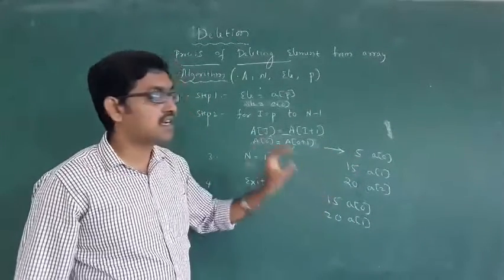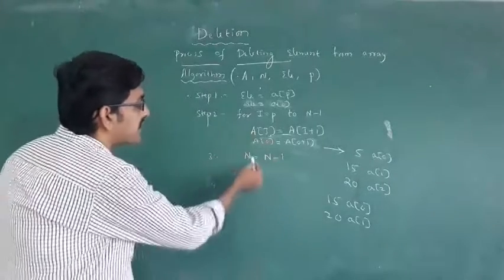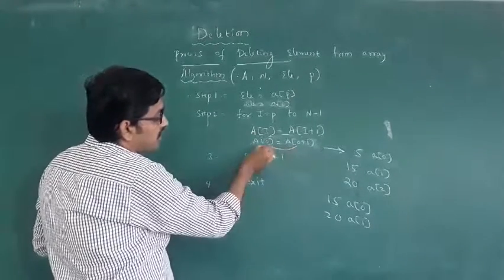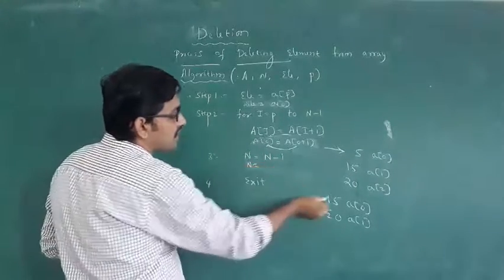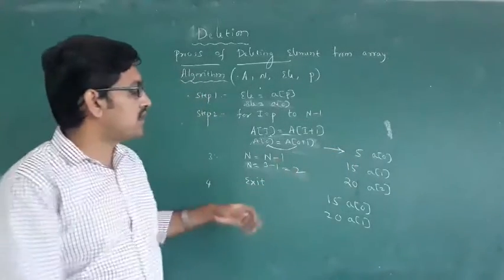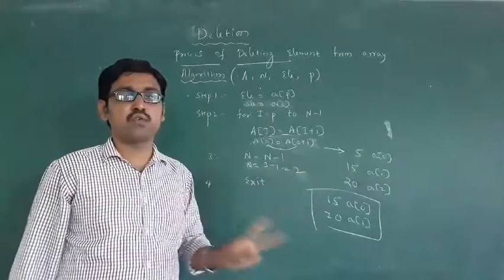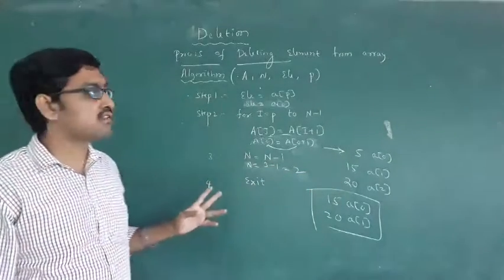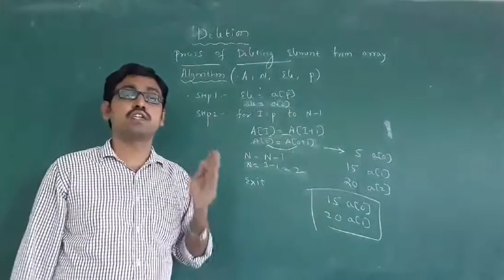Okay, this is called the deletion process. After that, see, A of 1 comes to the 0 position. Then n equal to, how many elements were there at first? 3 minus 1, how much did it become? How many elements are you getting? Lastly, when you delete 5, you get only 2 elements. This process is called the deletion process. Okay, this is a deletion operation.